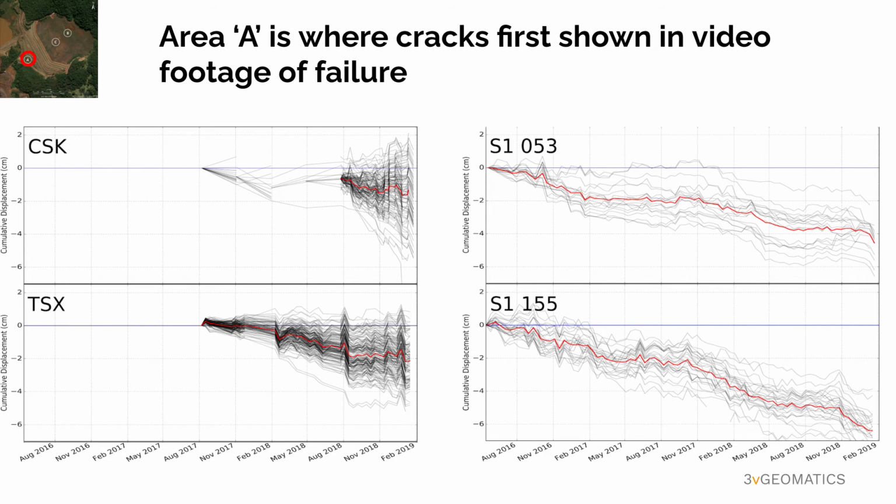All 4 datasets display approximately 2 centimeters per year of displacement, which is consistent with long-term settlement of the dam. The shorter time span in the TSX and CSK, and high spread of the individual points, suggest higher levels of noise, possibly the shorter wavelength interacting with vegetation on the dam. Seasonal trends are seen in the Sentinel data corresponding with local rainy seasons.